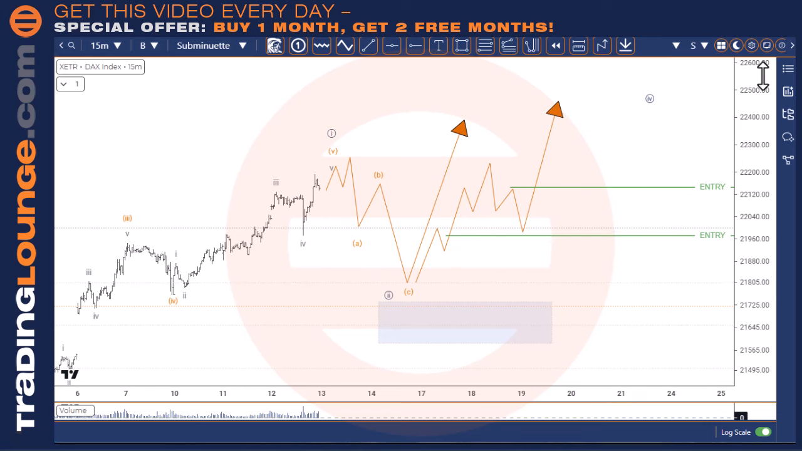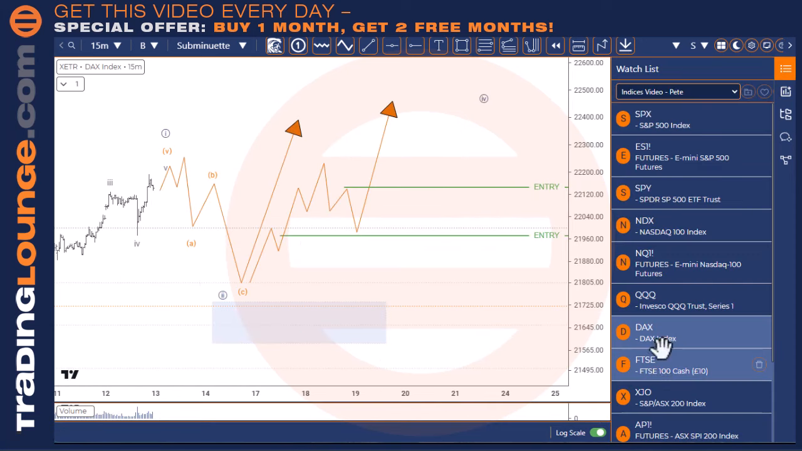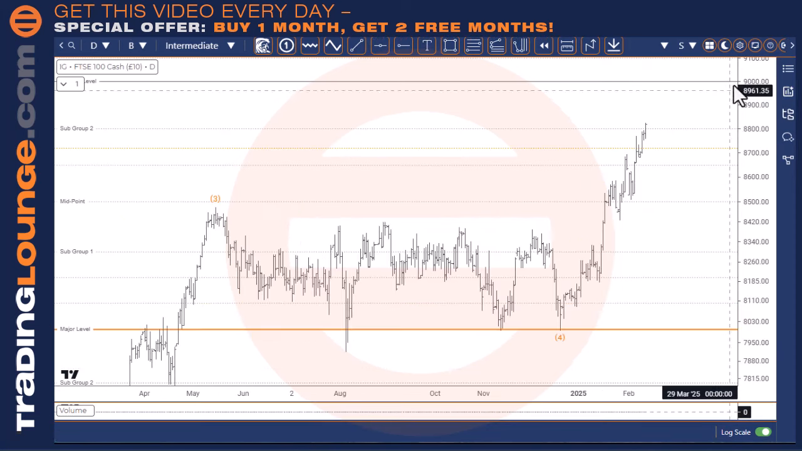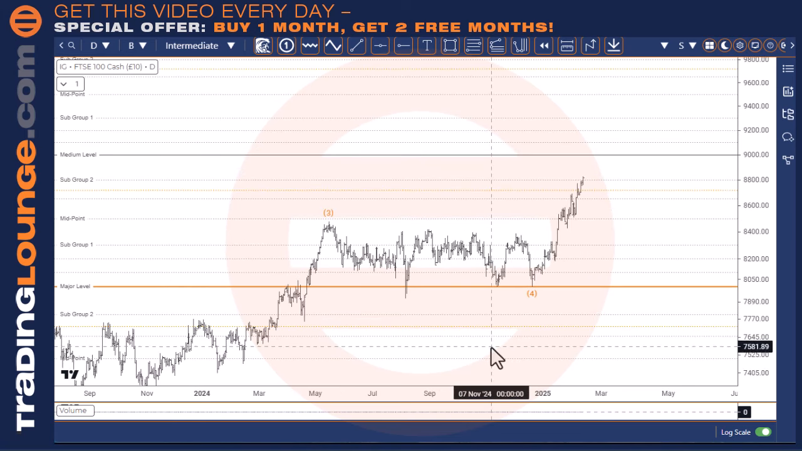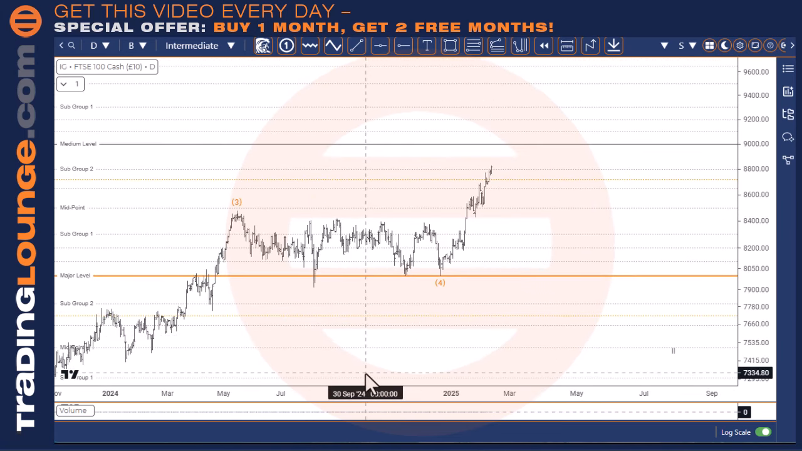Okay, so that's enough waffling on that. We need to go over to the FTSE. Okay, so this is a daily chart, and the thing here is that